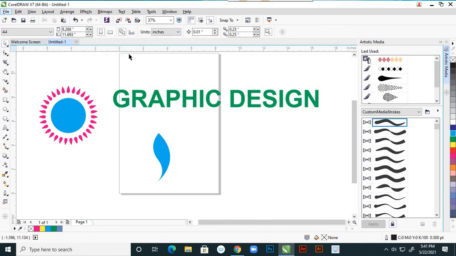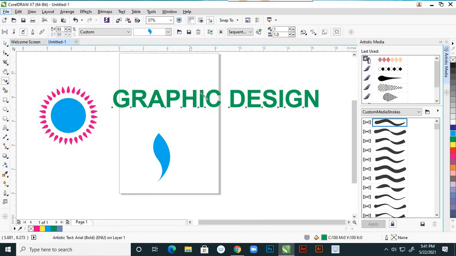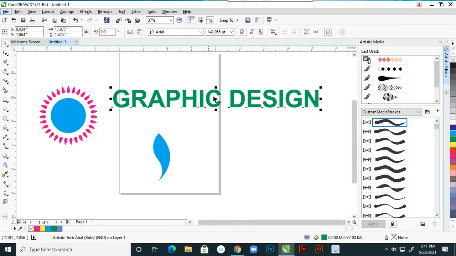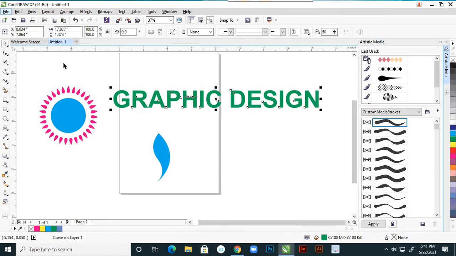And one more thing: before applying that, because it is already text, you cannot apply it directly. For that, just right click on the text and apply convert to curves. That is very important. Your text is converted into curves. After that you cannot edit your text.